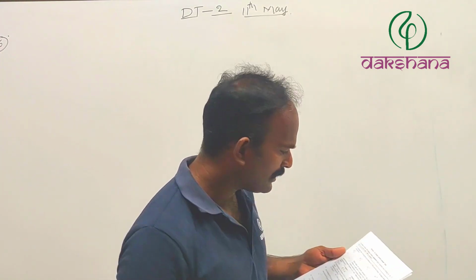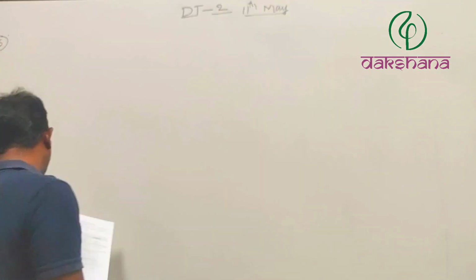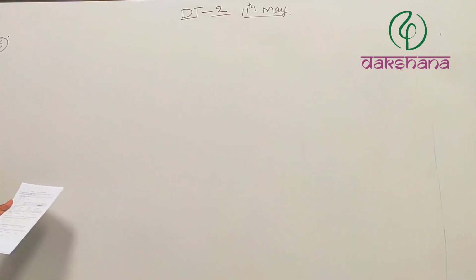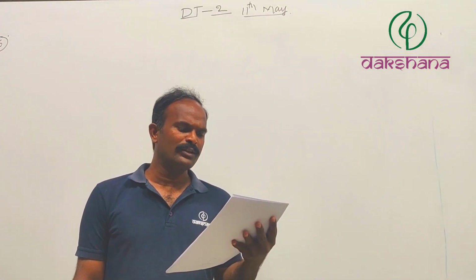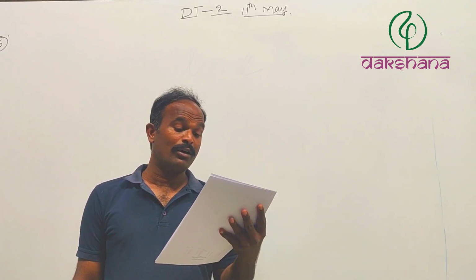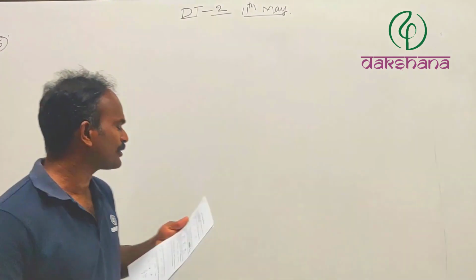Go to the chemistry. Here it starts with question number 26. In a hydrogen atom, the electron is at a distance of 4.768 angstrom units from the nucleus. The angular momentum of the electron. We already told you when you were going through the exam, that is the orbit angular momentum of the electron.